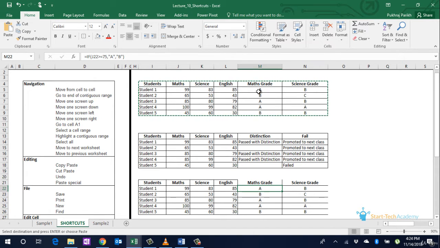So Excel has by itself increased the cell number in every formula. In M5 it was written J5, so in M22 it has automatically incremented it to J22.